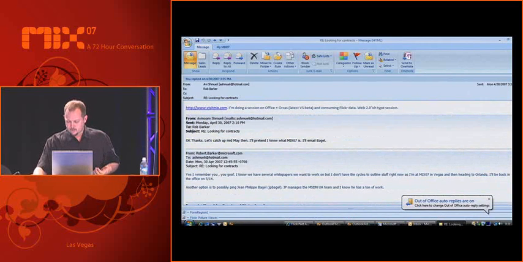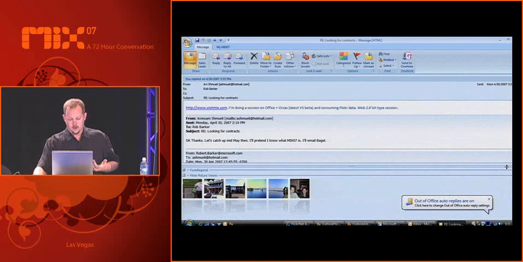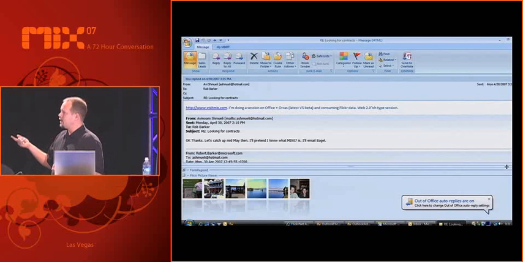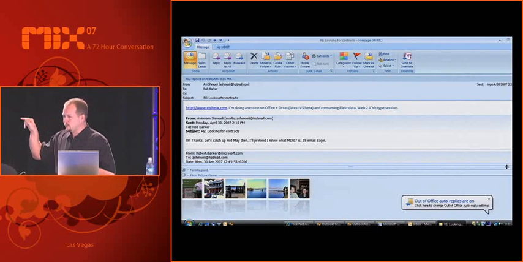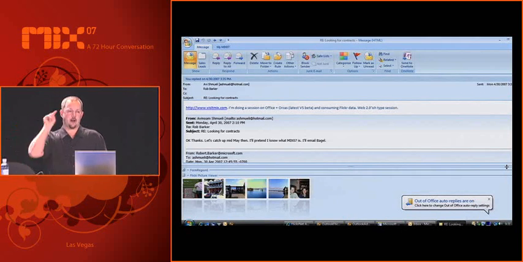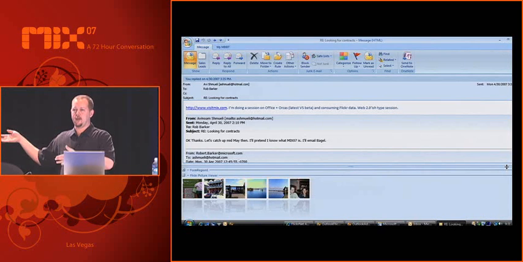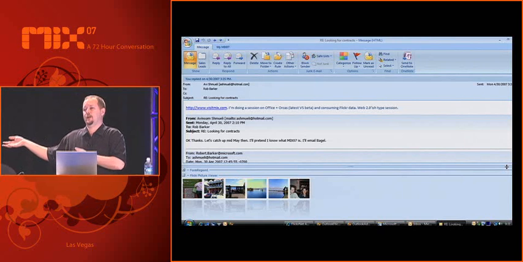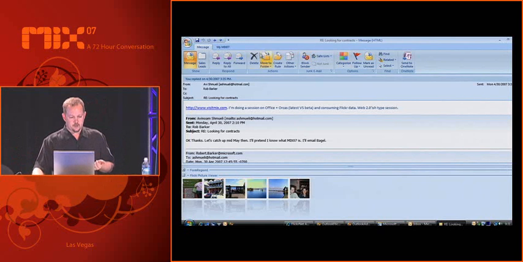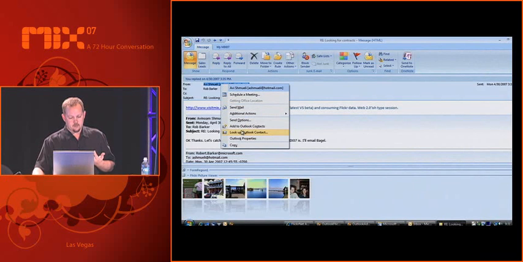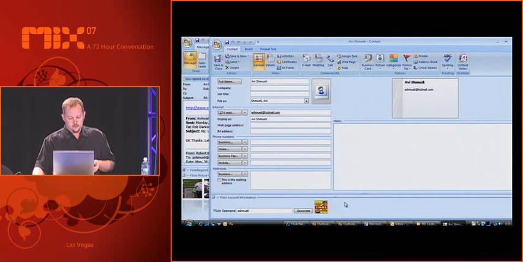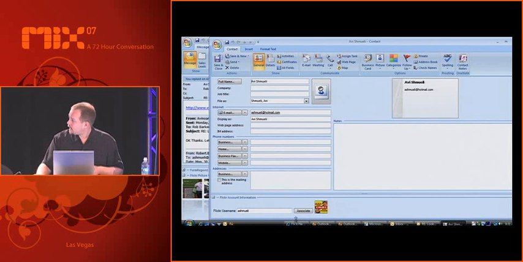So now you can see at the bottom I have a custom Flickr viewer. This is actually pulling the Flickr content directly from Avi's Flickr account and showing me his latest photos that he's posted up there. Now if I were to look at Avi as an Outlook contact, you'll notice at the bottom I have my Flickr account associator.